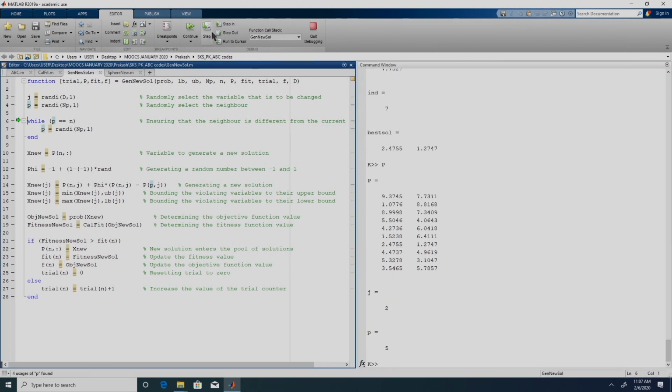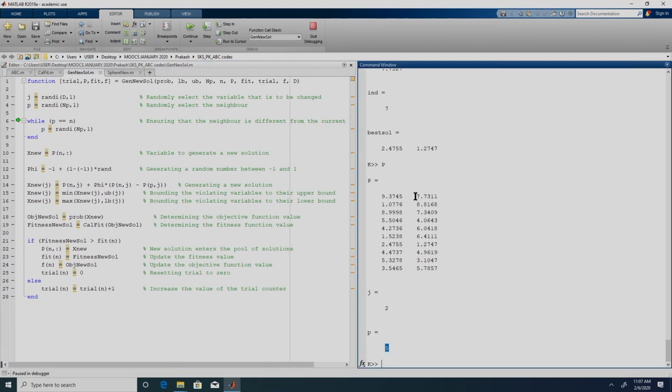Then we need to select a partner. The fifth member is selected, since the first member is undergoing the employed B phase. So 1, 2, 3, 4, 5. We will be using this 7.7311 and 6.0418 to generate a new solution.